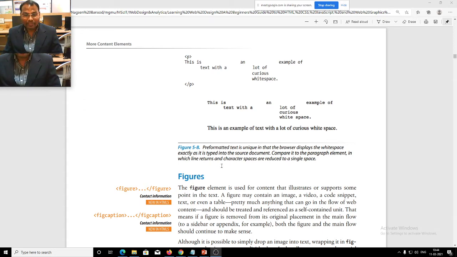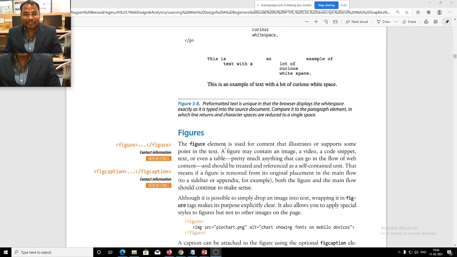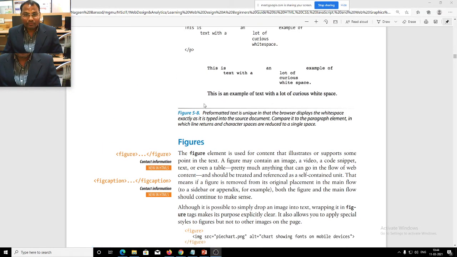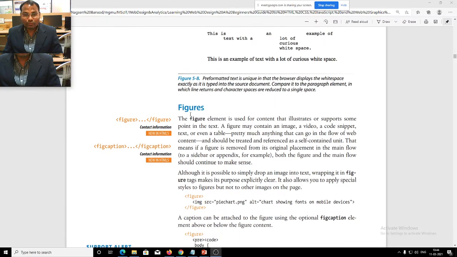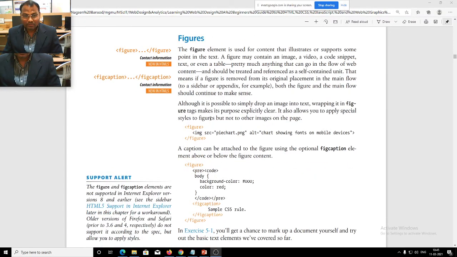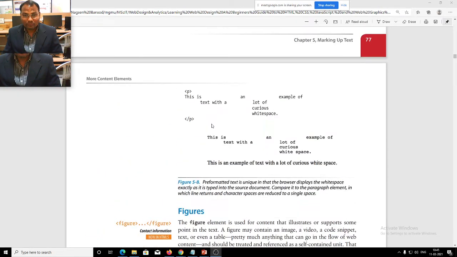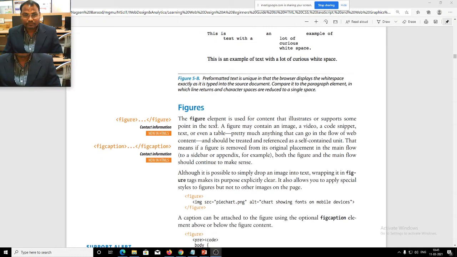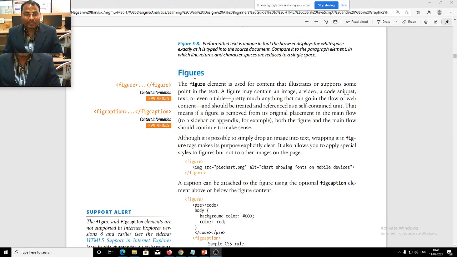Okay, now next is the figure. If you understood the pre tag, we will move towards the figure. Is it understood, all of you? The pre tag? Yes, sir. Okay, then the figure tag.